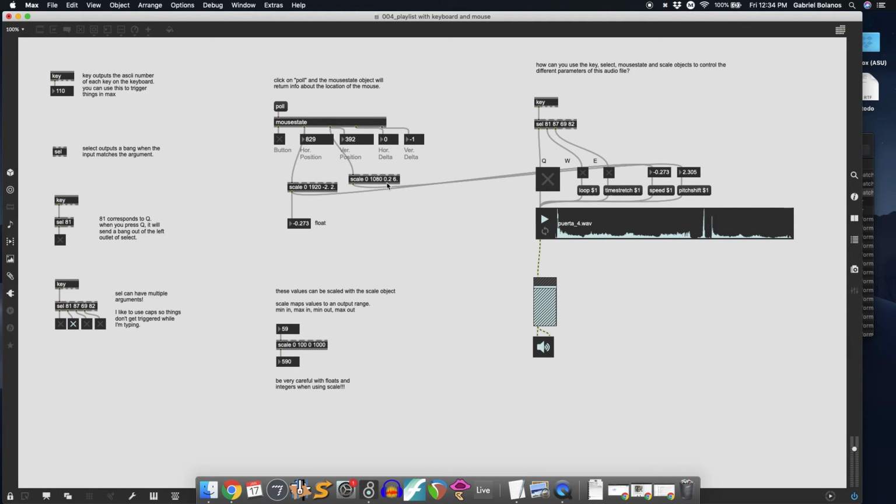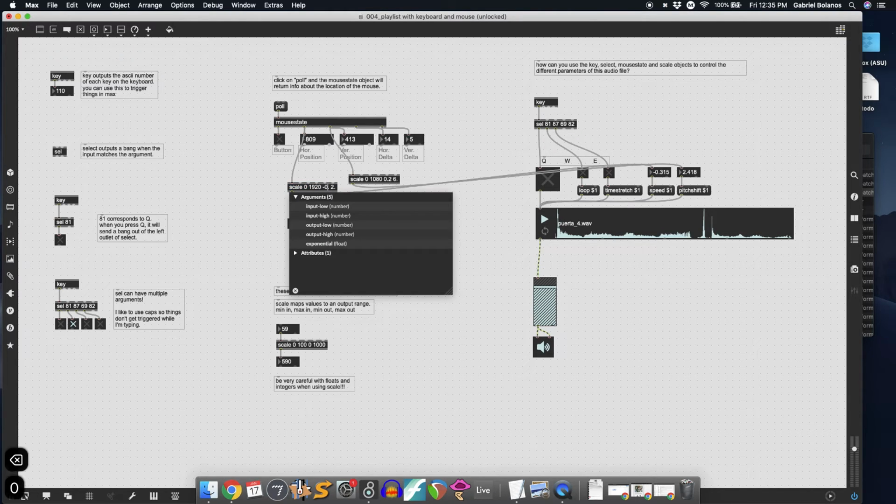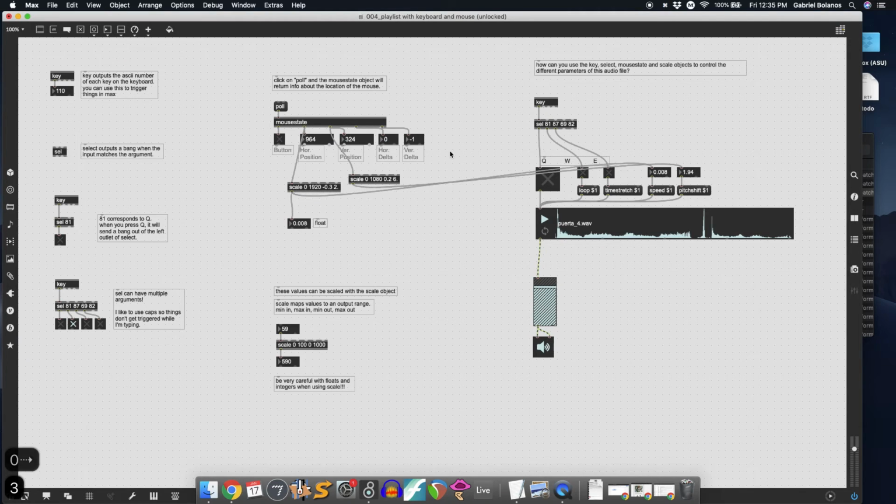Now, the key, the sort of subtlety in this is going to be determining what these ranges are. So if you have like a -0.3 to 2, then our playback speed, as you see right here, will be at about 0. This will be at about -0.3. And then you have a lot more room to mess around with between 0 and 2. It'll be this whole area on your screen. So depending on how you scale the output of this, you're going to get very different results. Depending on how you scale the output of this, you'll get different results with the pitch shift and how you